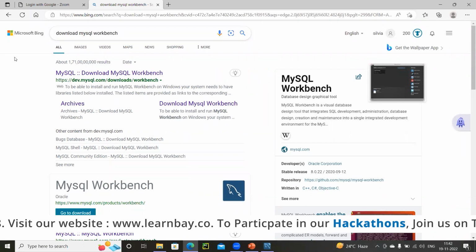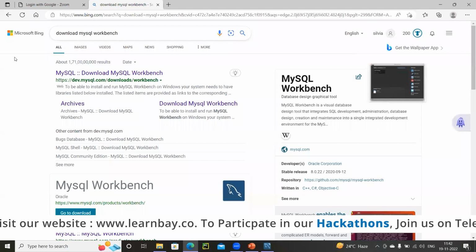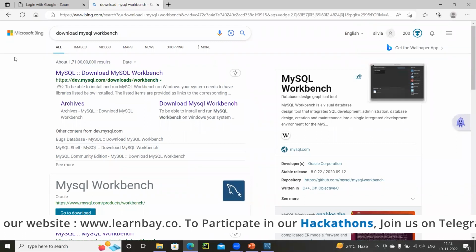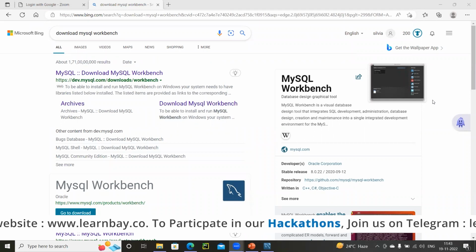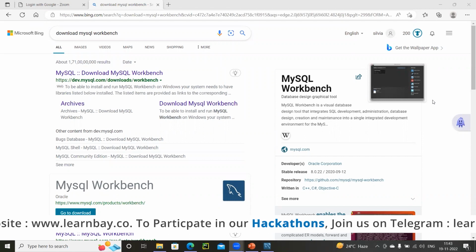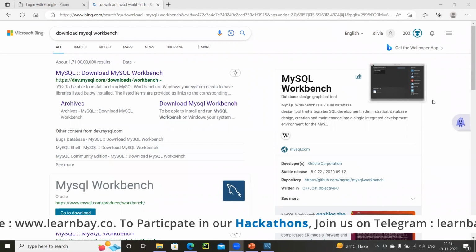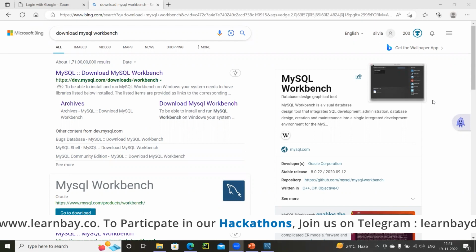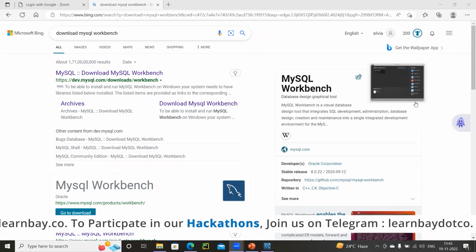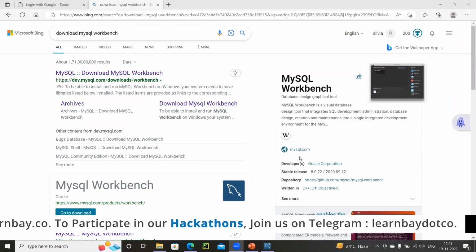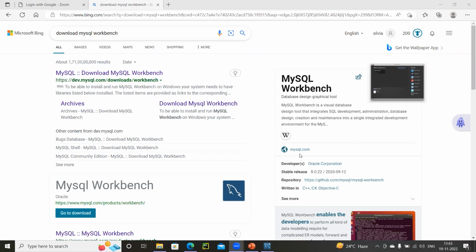Like, for example, all of you know about Python, right? What are the different IDEs we have for Python? What are the IDEs you use for Python, or for any programming language, not necessarily Python? Great. Spyder, Jupyter, Anaconda, PyCharm. Like this, we have a lot of IDEs available for every individual RDBMS. For MySQL, there is something called Workbench.